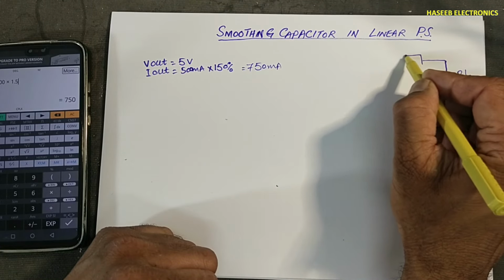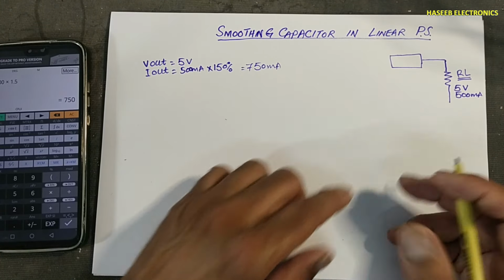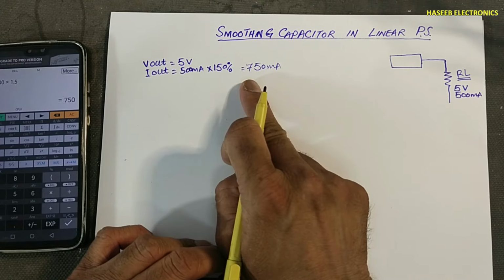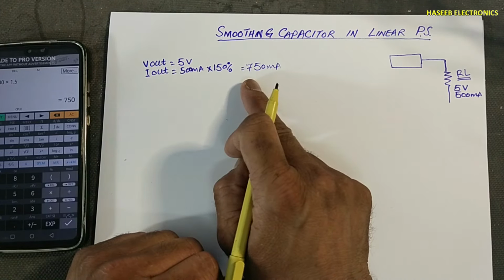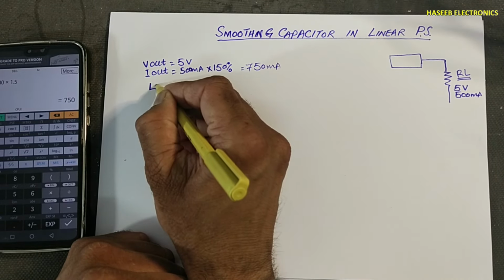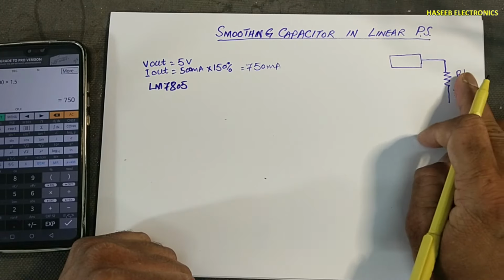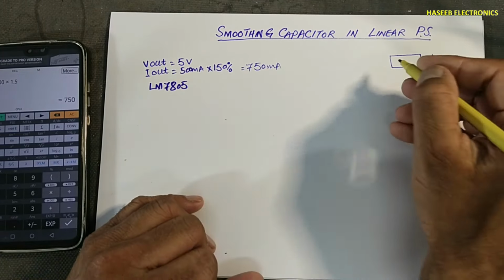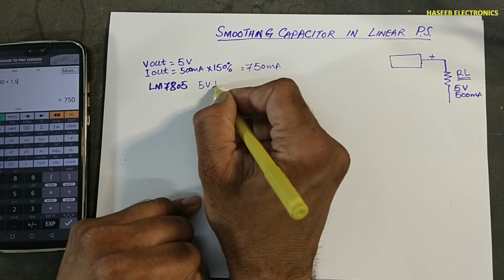Because we are designing a linear power supply, for linear regulators, we regulate the voltage. For 5 volt, 750 milliampere, the next higher option is a 1 ampere regulator. So 7805, because we need positive 5 volt, a positive regulator. So positive 5 volt 7805, it will provide 5 volt 1 ampere